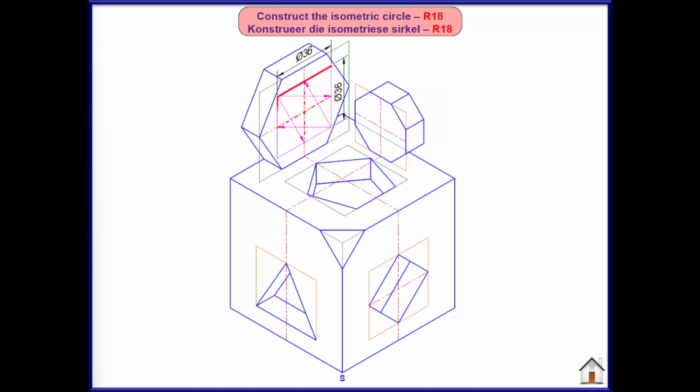Draw your construction rectangle with the diameter of 36 on the outside of the center lines. That will give you your centers of the construction rectangle for the isometric circle. At your obtuse angles, draw to the opposite centers construction lines to get the 4 points that I will have for my isometric circle. Use these 4 points and draw your isometric circle.